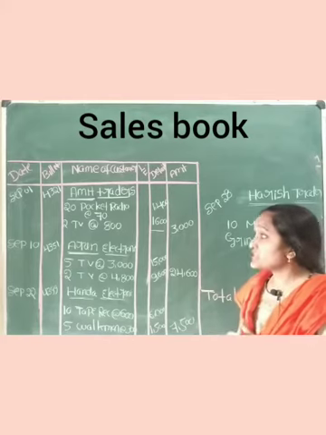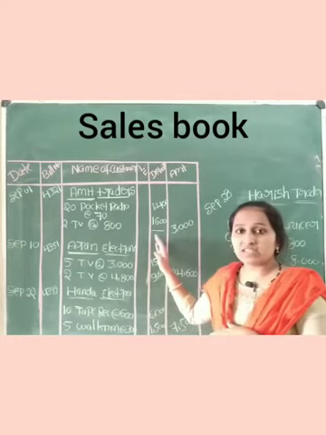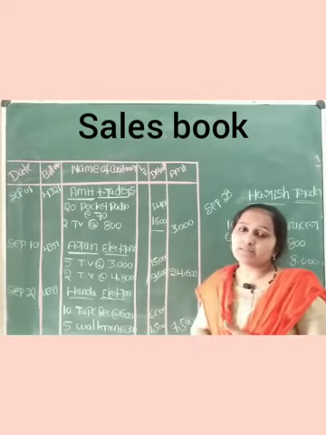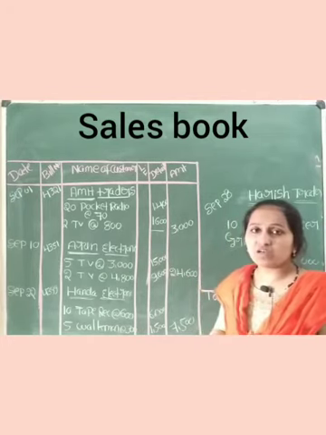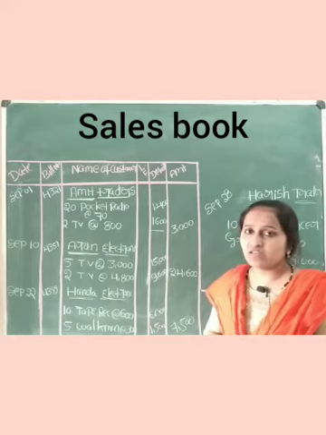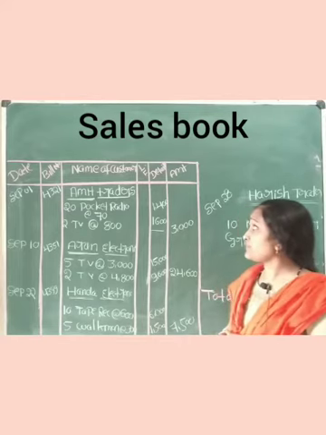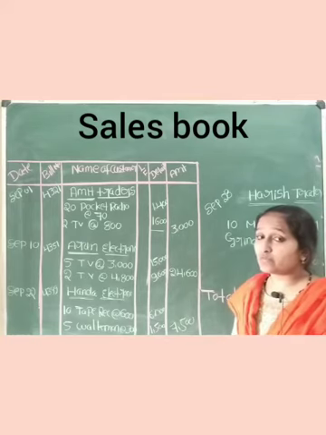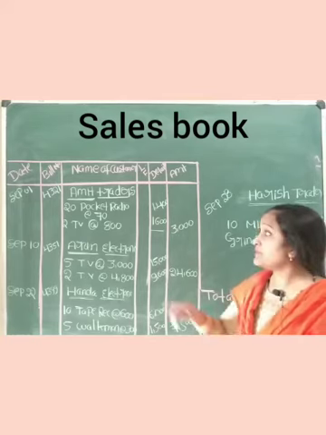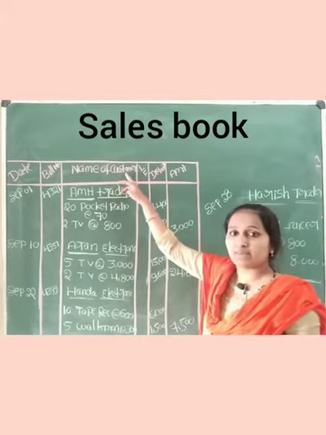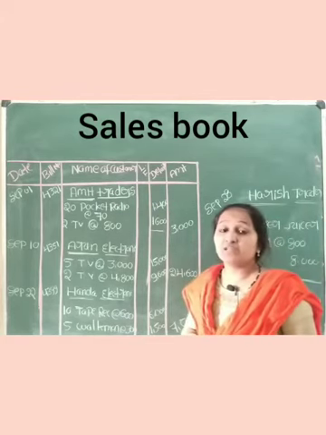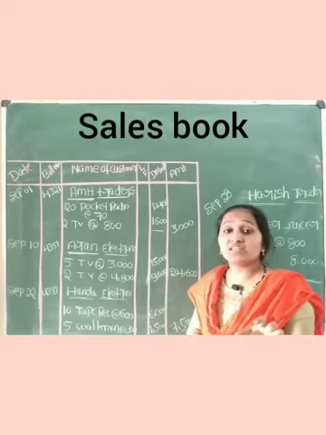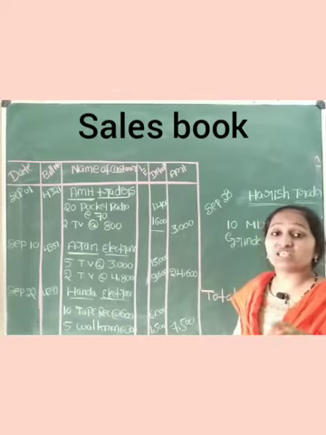In today's session, this is a part of your NCERT textbook exercise problem. Just follow the question and you can try to find the answer, how we solve it in the sales book. When it comes to purchase book and sales book, only the number of columns will be the same, but the content changes. There we write supplier, here we write customer. Focus on where the contents are going to change, in which cases and where.